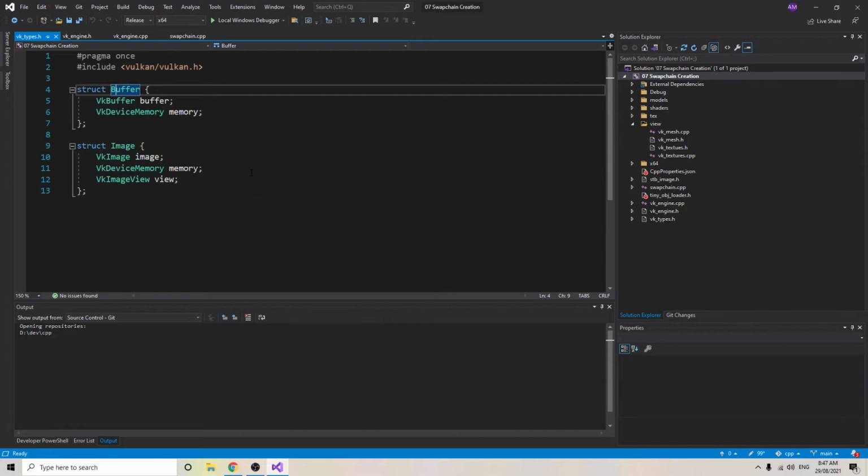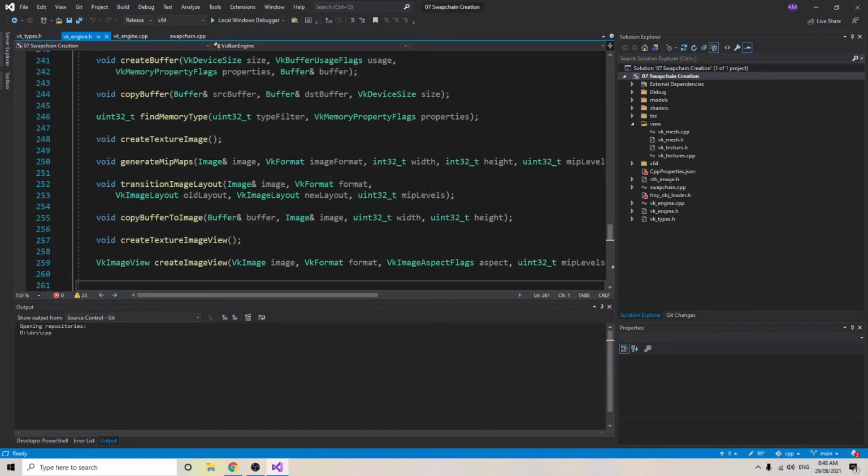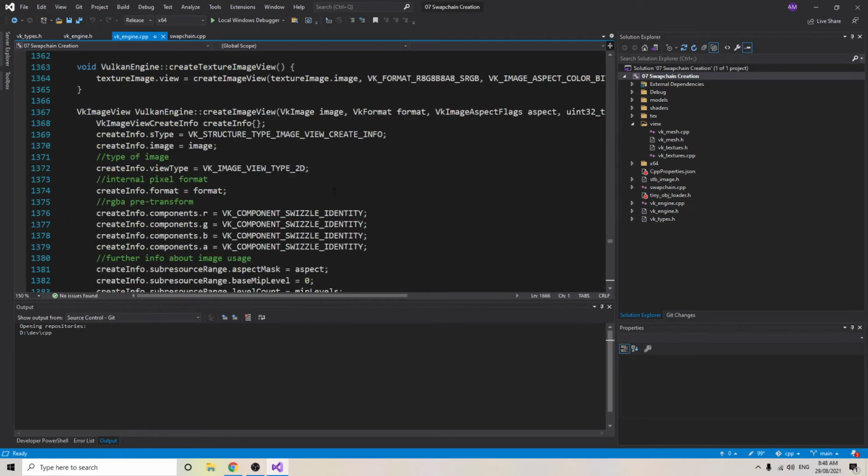So I stuck that together, and then, for instance, if we go down here, any kind of thing which used an image will now use the whole image structure, and that's okay